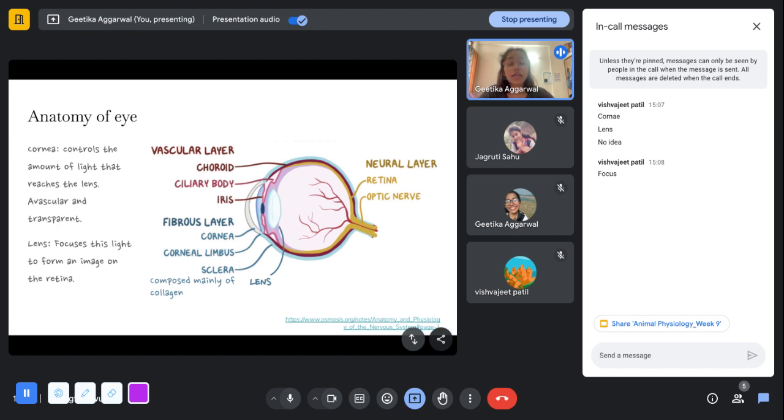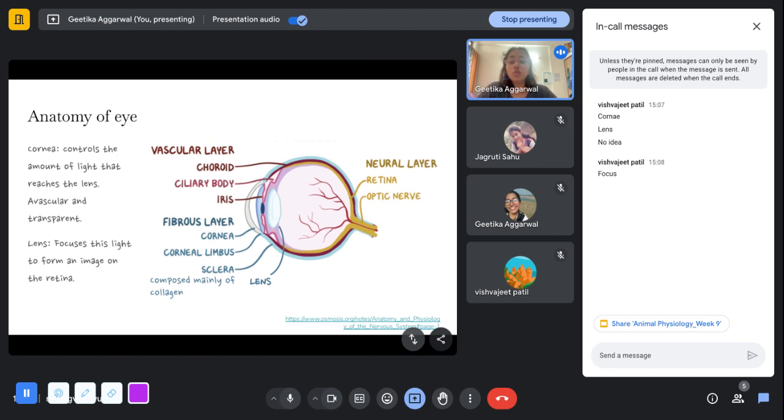About the cornea, if you compare it to a camera, it acts like the aperture which lets light into the eye, and the iris controls the amount of light that falls on the lens. The cornea is avascular and it is transparent. Avascular means that it does not receive any blood supply, and it is transparent because only then will light be able to pass through the cornea and reach the lens. And the lens itself focuses the light which it receives onto the retina to form an image, the signals of which are sent to the visual cortex, and it is then recognized by us as something that we have seen already or something that we are not aware of.